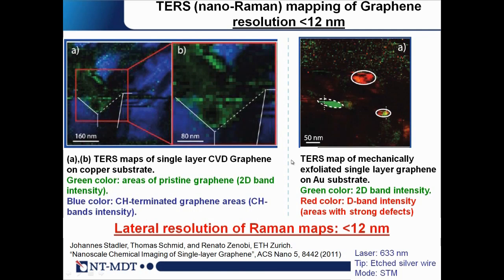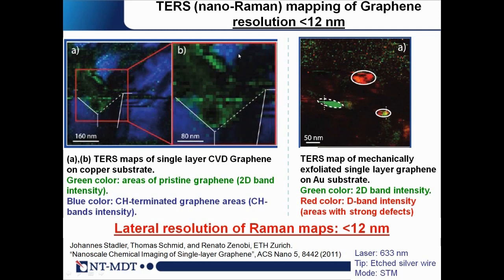Graphene has been very successfully studied by the group of Renato Zenobi at ETH Zurich. This is the data and corresponding publication. It's a high resolution TERS map of CVD grown graphene on a copper substrate, and here you can see the 2D band intensity by green color and CH band intensity by blue color. So in fact, this is a monolayer, but instead of having it uniform, it's possible to recognize by tip-enhanced Raman that there are different domains, the domains of pristine graphene and domains